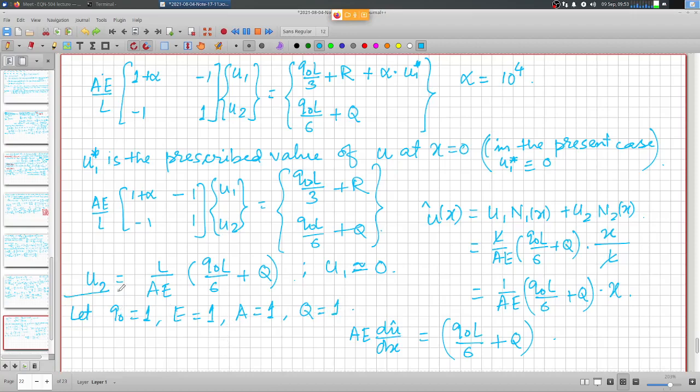Right? So if this is true, if this is assumed, then u hat is simply equal to, and we can also assume L also equal to 1. So 1 by 6 plus 1, so that is going to be 7 by 6 x,